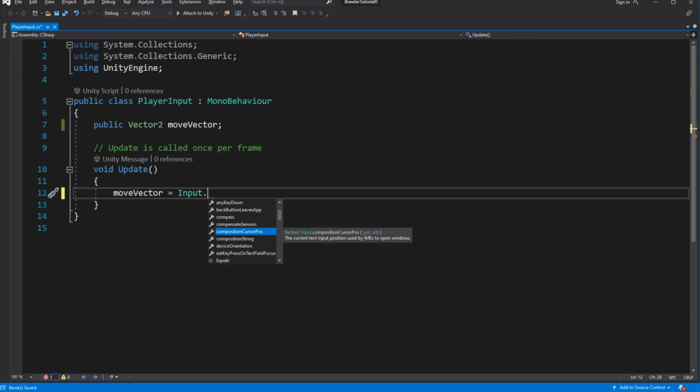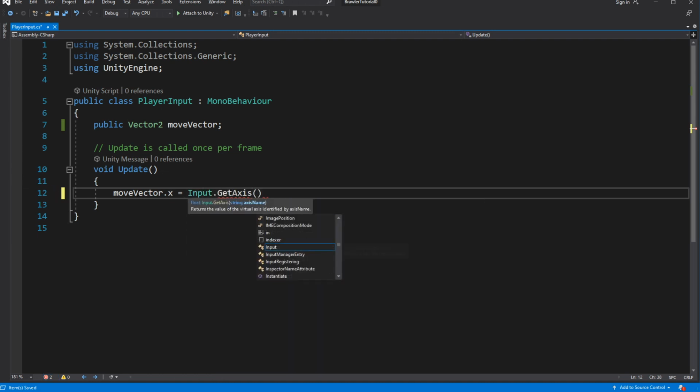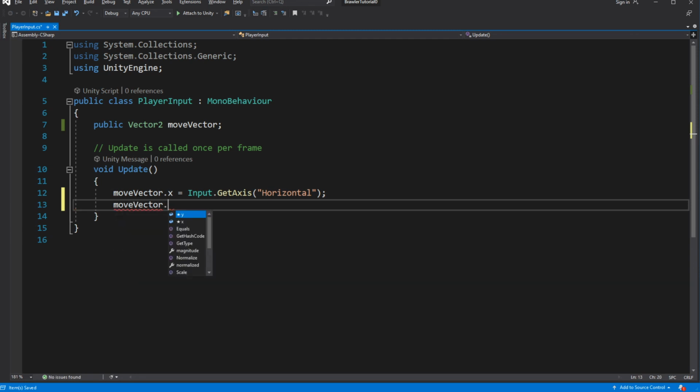And in the Update, read the horizontal axis and vertical axis. Pay attention that it is case sensitive.